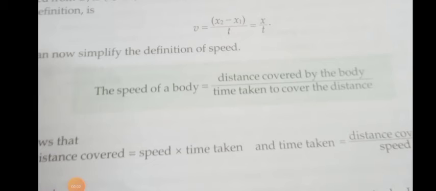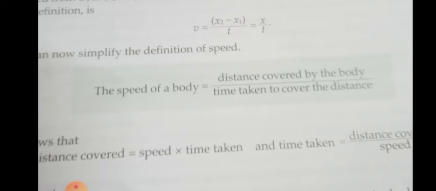Speed is the rate of change of distance. Rate of change of distance means distance traveled divided by time taken. We can calculate the speed of the object by calculating its distance. How much distance it has covered in a particular time period will tell you the speed of that object. You understood, children, how to calculate the speed of an object? Yes. So in short we can say speed is the rate of change of distance.